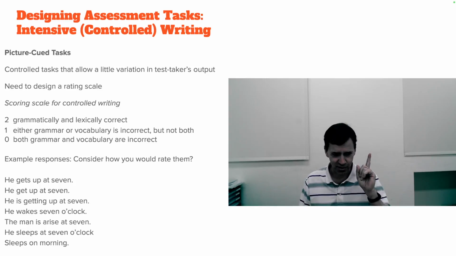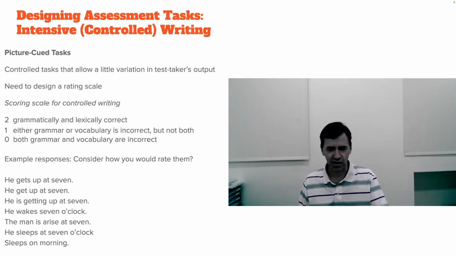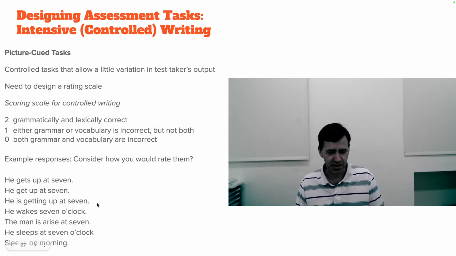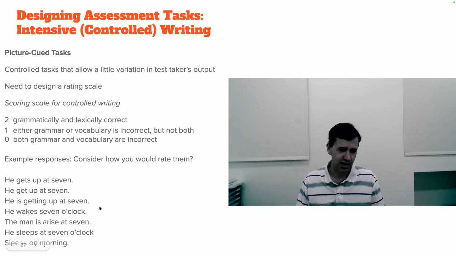And number 6, 1, 2, 3, 4, he sleeps at 7 o'clock, should have a period. That's my mistake, not the student's mistake. Okay, so if you were using this scale, then of course the first one will get 2 points, right? Because it's both grammatically and lexically correct. Then 2, 3, 4, 5, 6 would all get 1 point because they all have one mistake, which is, well,